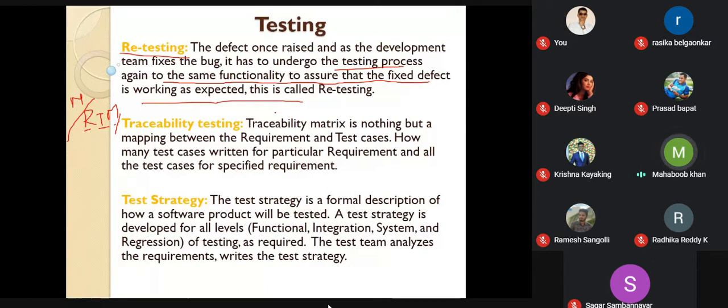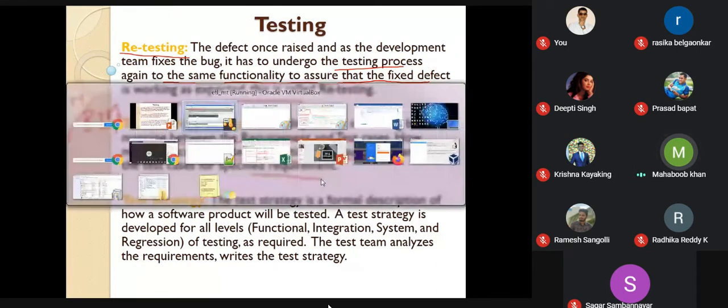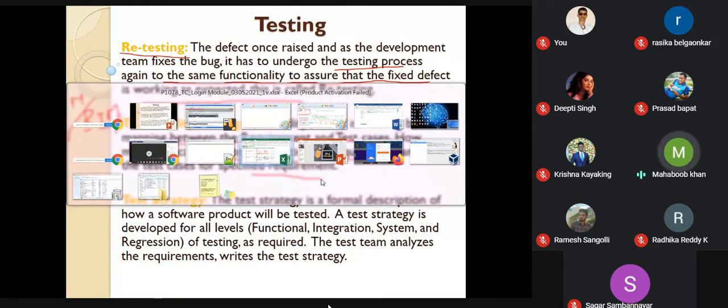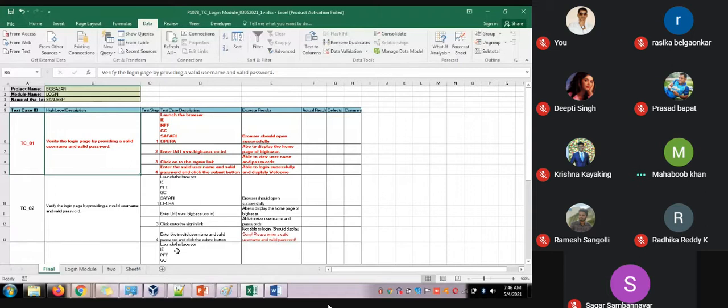Traceability matrix is nothing but the mapping between the requirements and test cases: how many test cases are written, and in practice all the test cases are specified against the requirements. So let me show you how the traceability matrix is designed. Imagine you want to prepare the traceability matrix here.